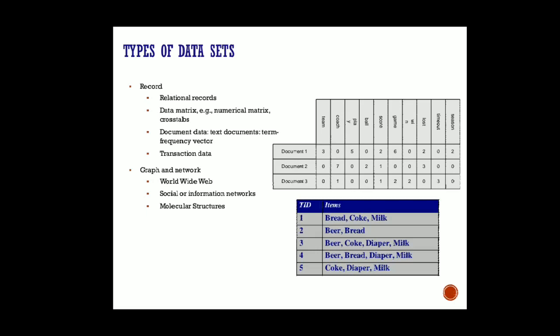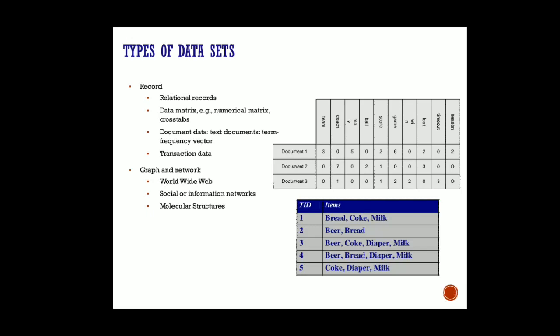Record is one of the kinds of data sets available. We have learned about relational records, right? And we can store records using a relational database as well. There we have seen the concept of rows or say tuples, attributes and all, and there we can use that table-like structure to store different data, and those are termed as records, right?